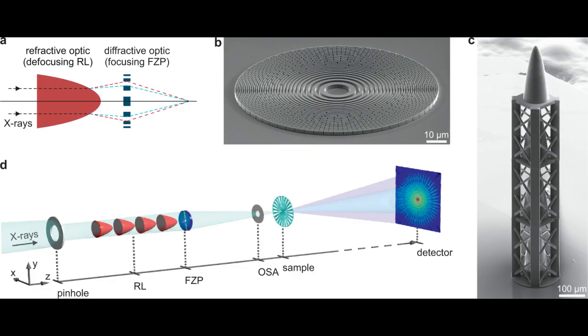Achromatic lenses are essential for producing sharp images in photography and optical microscopes. They ensure that different colors, that is, light of different wavelengths, have a common focal point. To date, however, achromatic lenses have not been available for X-rays, so that high-resolution X-ray microscopy has only been possible with monochromatic X-rays. In practice, this means that all other wavelengths have to be filtered out of the X-ray beam spectrum, and hence only a small portion of the light can effectively be used, resulting in a relatively inefficient image